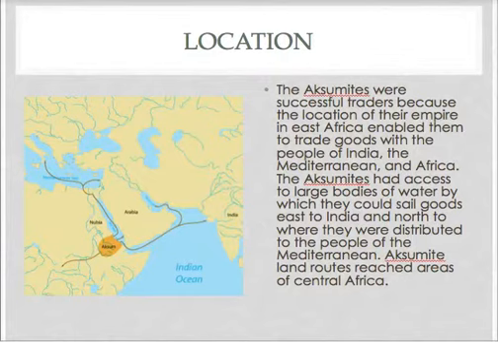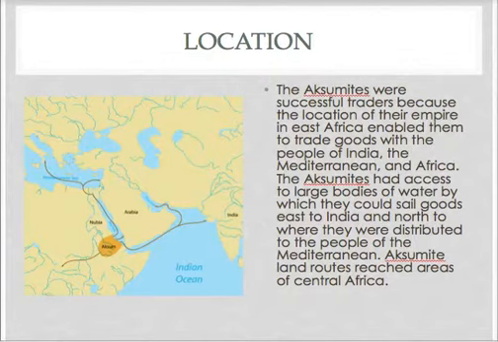And the Aksumites were successful traders because the location of their empire in East Africa enabled them to trade goods with people of India. As you see, going out through the Red Sea and through the Indian Ocean, if they took goods by ship, they could get goods to trade in India. And in the Mediterranean, if they went all the way through the Red Sea and across that little part of Africa, they could get to a lot of countries in the Mediterranean, like Italy and Greece,